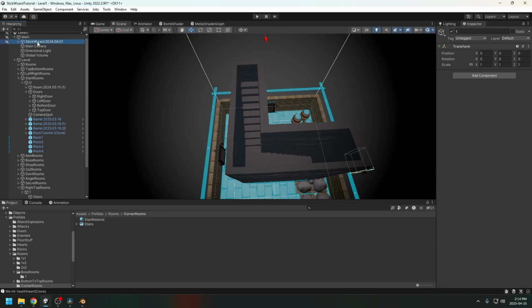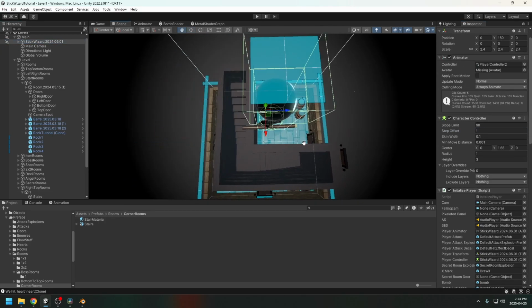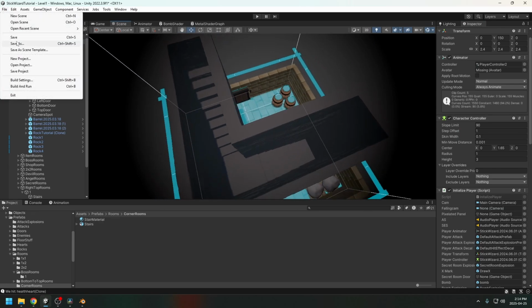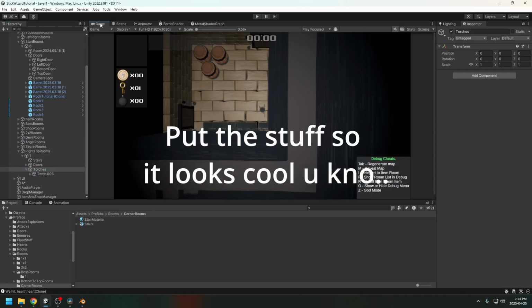So let's go back and we're just going to change our player step offset to 1. It was at 0.25 before, but in order for you to walk up and down steps, you actually have to raise the offset. And then we want to put those torches back in and see what they're looking like. So there's